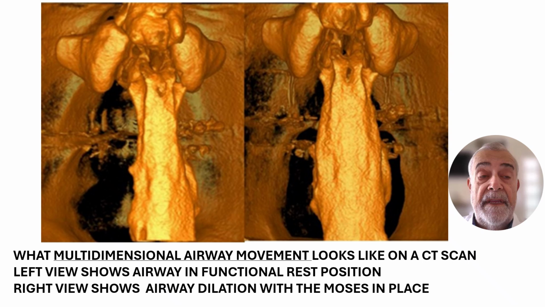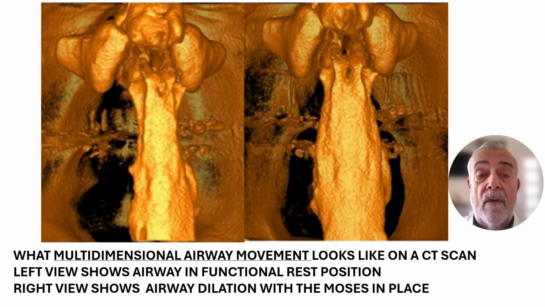This is a CT scan of me and what multidimensional airway looks like on a CT scan. On the left, it shows the airway in functional rest position, and the right side shows the airway with the Moses in place, and it demonstrates dilation,